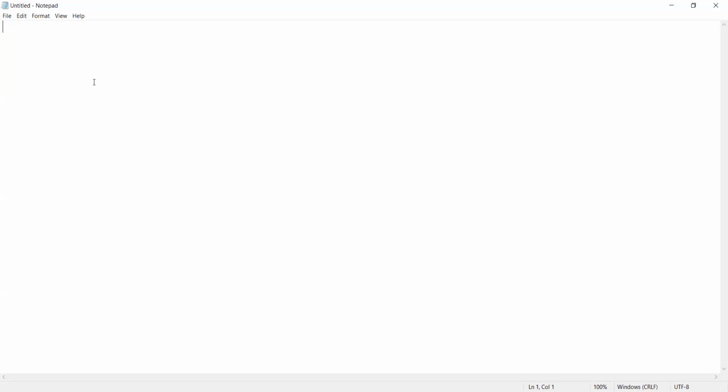Apart from that, we have seen the super keyword. What was the purpose of the super keyword? There were three purposes of the super keyword. One, it is used to refer to the instance variables of the immediate parent class.